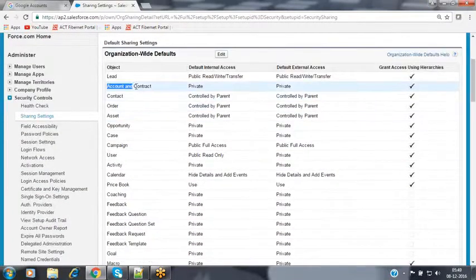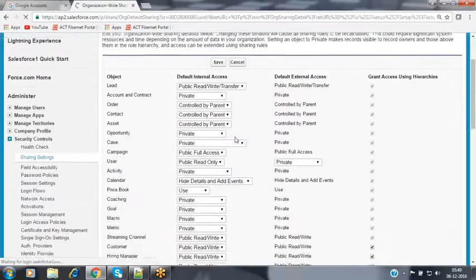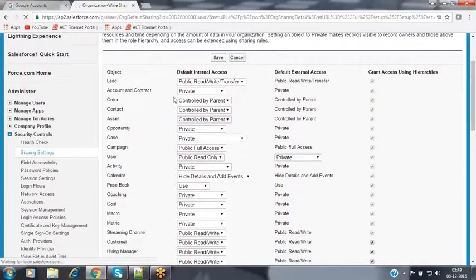Make the account object's OWD public read only. Click on the edit button to change that setting, select the account object's OWD as public read only, and let's save this.